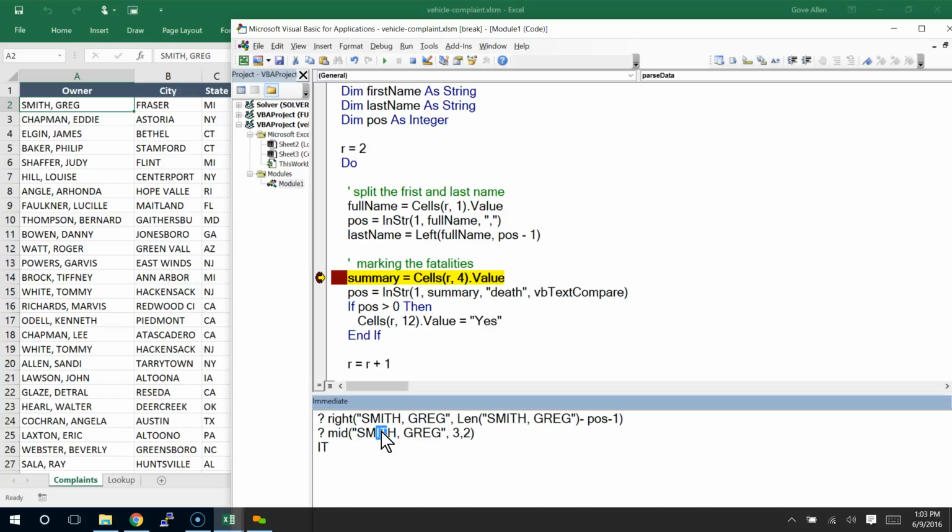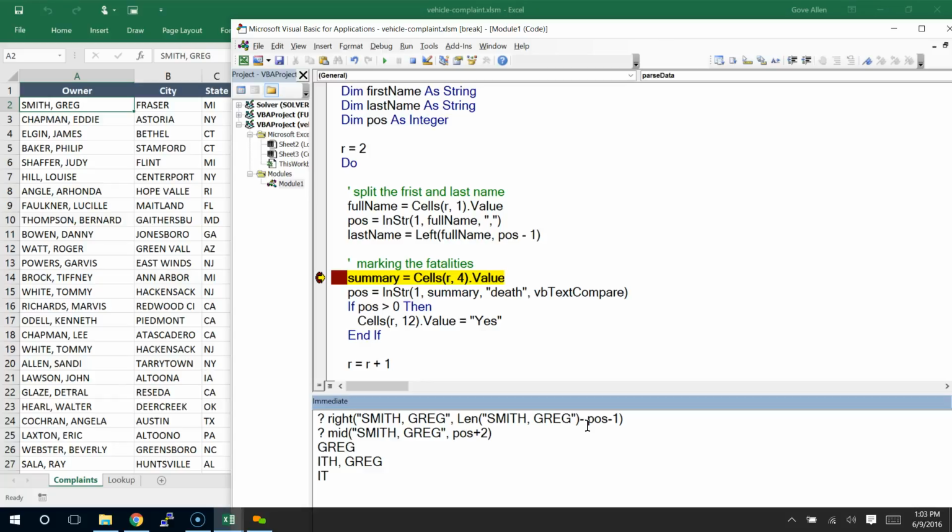Got it? Now here's the neat trick. If I don't tell it where to stop, I don't say just take 2, it says, great, I'll bring back everything. I'll start there and go to the very end. The neat thing about that is that that's exactly what I want to do. I know where the comma is, so I can say position +2, and that should say, all right, don't start at the comma, start one over, but don't start at the space, start another one over, and that's where the G is